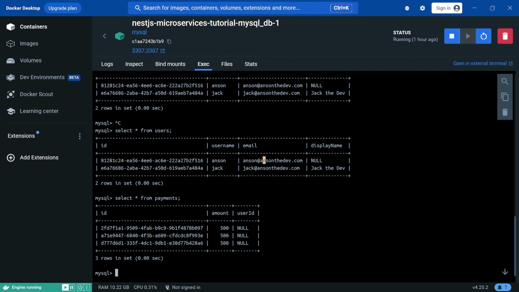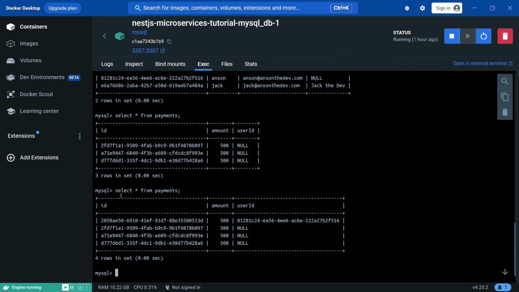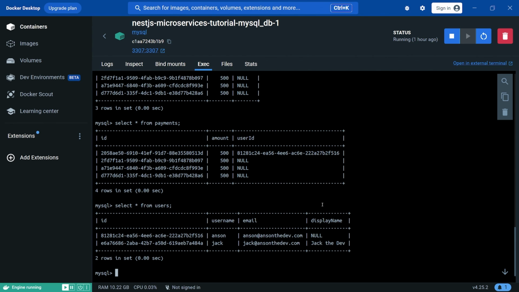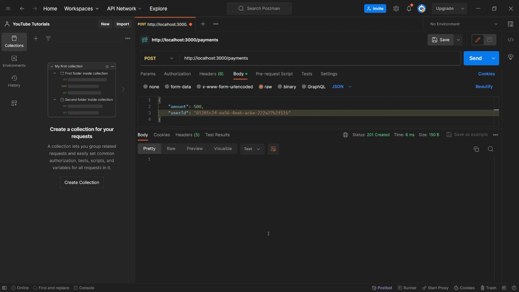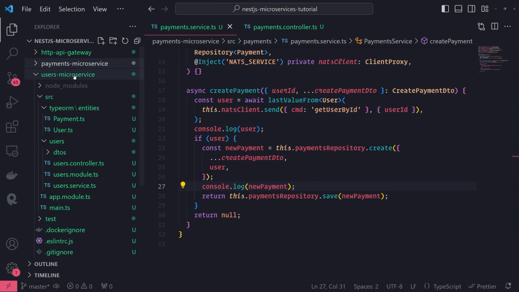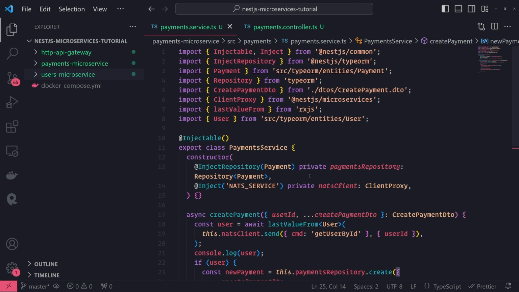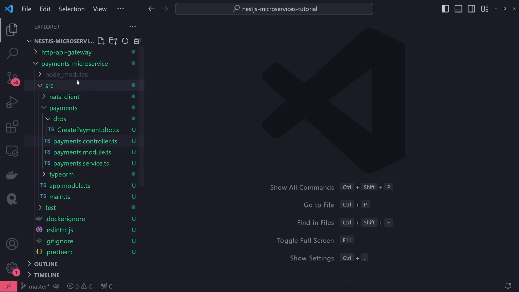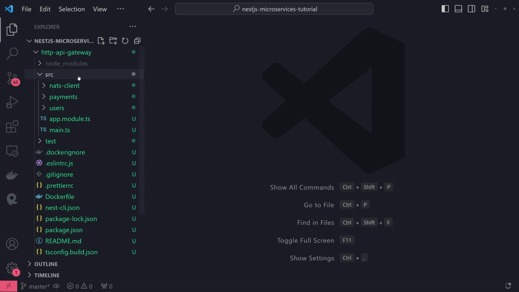But now let's go ahead and query the database. And you can see now, when I select all the records from the payments table, I now have this user ID being referenced in payments. Okay. And now, here's the thing. We want to also be able to retrieve users from the database and all of their payment records as well. So what we need to do is set up an endpoint to grab all the users. So I'll do that finally, and then we can end the video